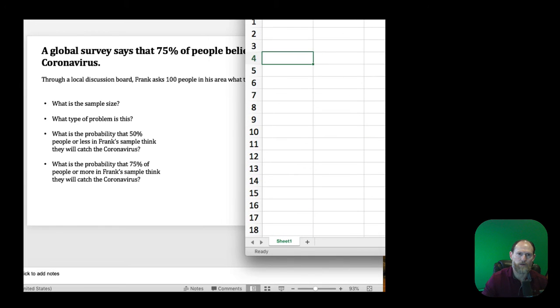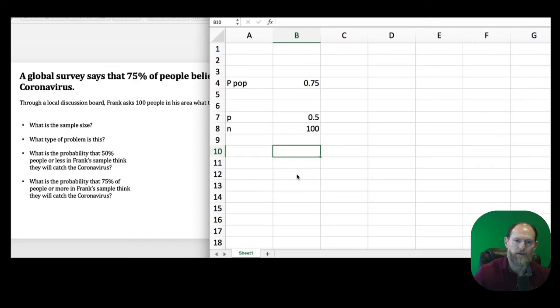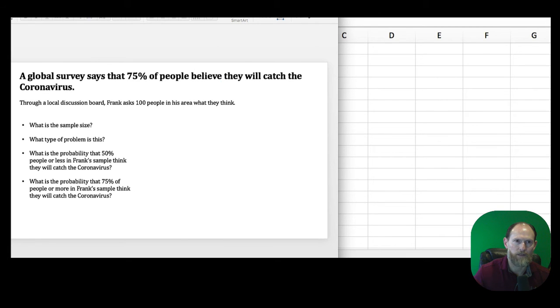All right, so the first thing I'm going to do is lay out these givens. So I have P-pop, again, which is my way of saying the proportion for the population, and I'm going to put 0.75 right there. I'm also going to create a space for P and N because they kind of go hand in hand. Now, you can put these anywhere. There's no set place for where you're going to put them. So we have a P that right now is 0.5, so I'm just going to enter 0.5 there. And then my N is 100. Now, I know that for this problem here, I'm going to use the formula